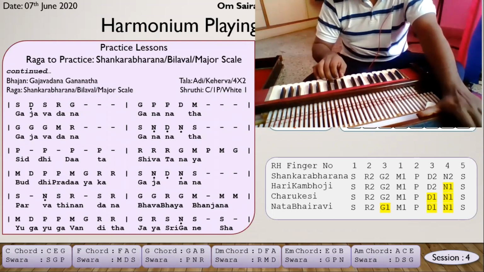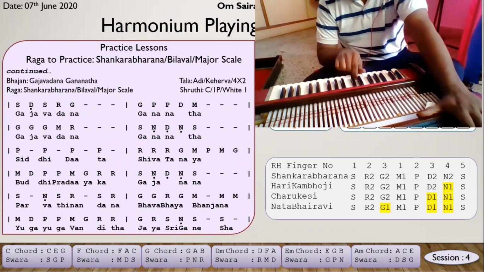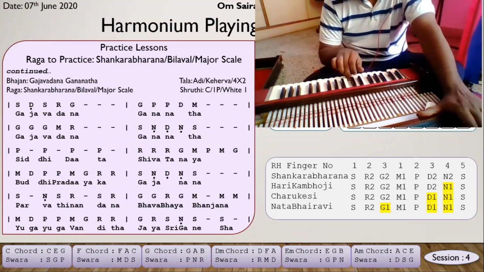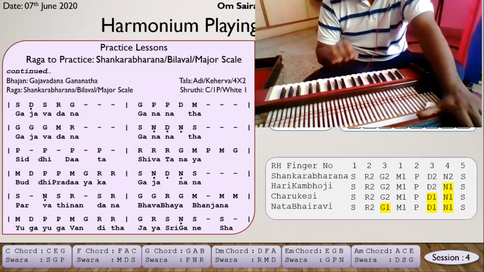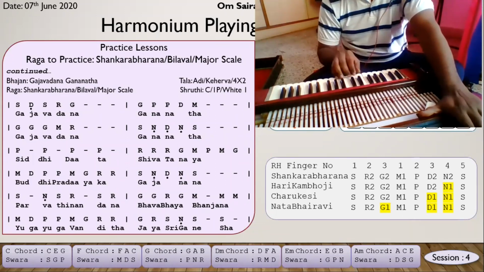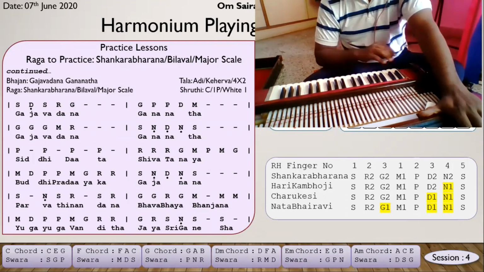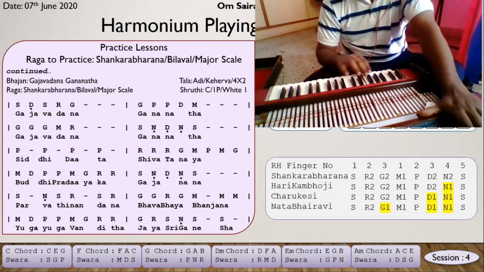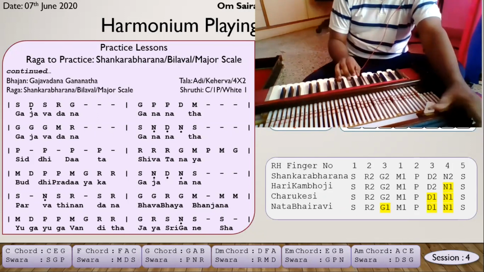Again, mada papa magari re. Gari sa ni sa sa, jaya Shri Ganesha. Gari sa ni sa sa. So gari, take the ring finger. Mada papa magari re, gari sa ni sa sa.